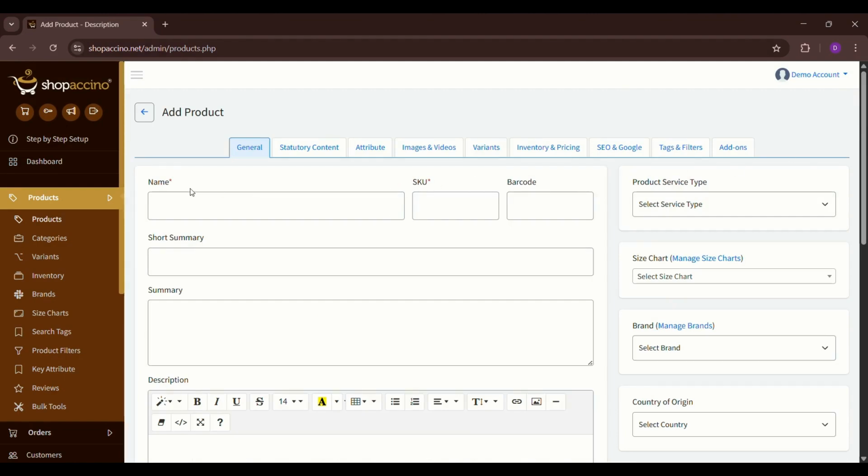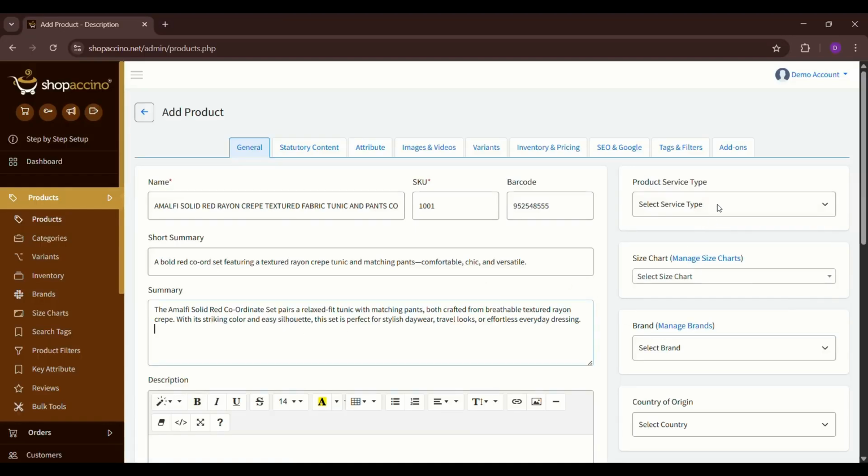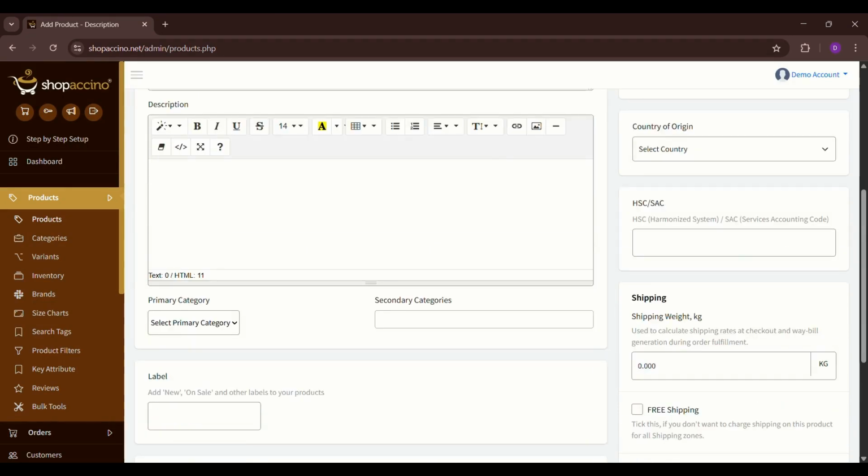Under general tab, enter product details, product name, SKU, barcode if applicable, write a short summary of the product, write a brief summary of the product, select product service type, select size chart if applicable, select brand name if applicable, write a detailed description of the product,